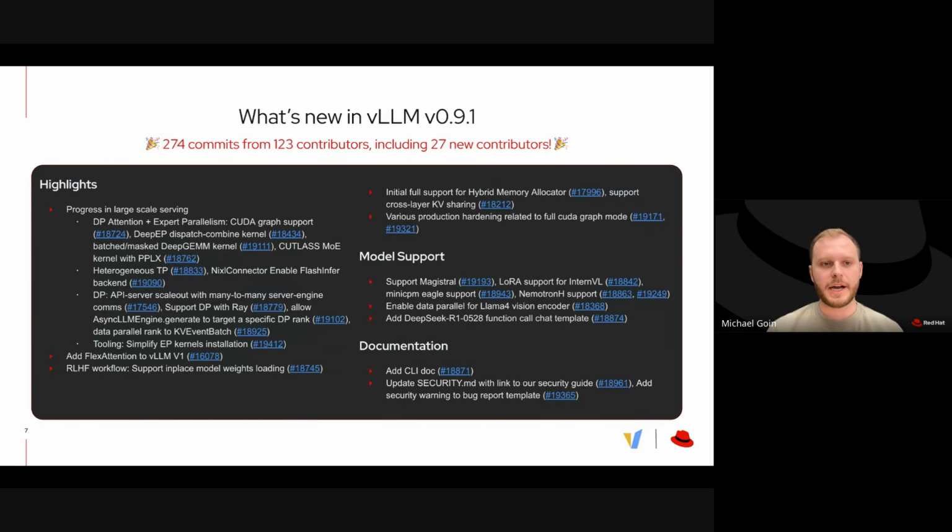As I mentioned, the highlights are really a lot of progress on large-scale serving. A lot of the push there has been on combining data parallel attention with expert parallelism. We supported this feature for a while, but we've been doing a lot of optimizations, such as integrating the DeepGEMM and DeepEP kernels more closely, adding CUDA graph support, and adding new MoE kernels to